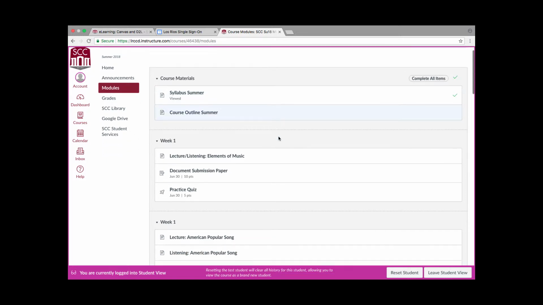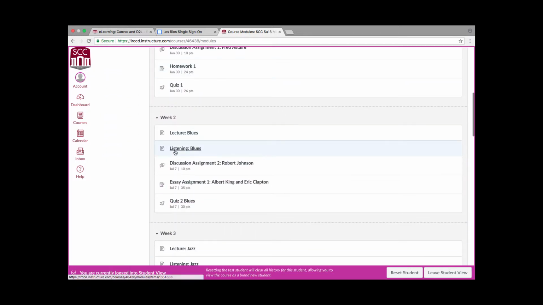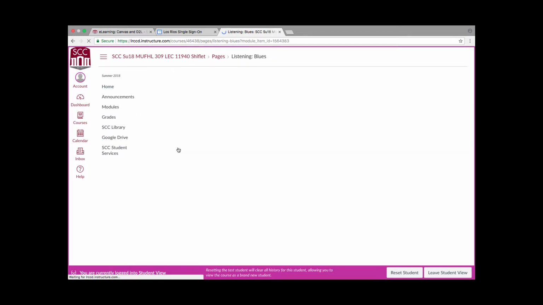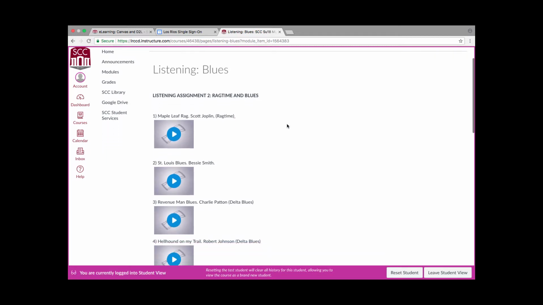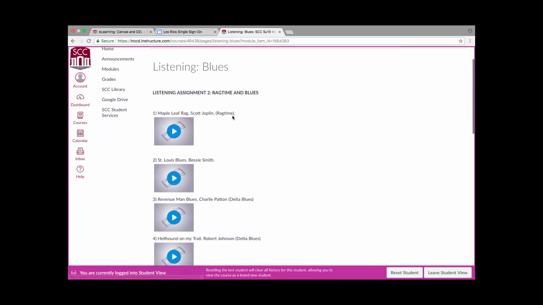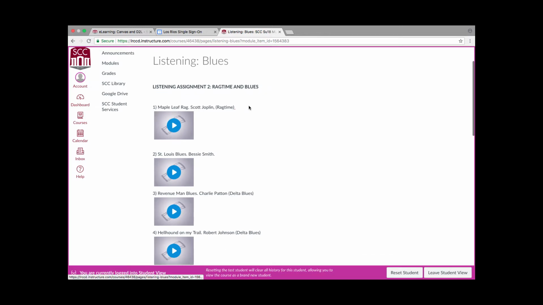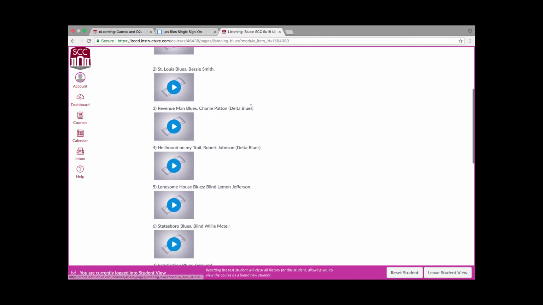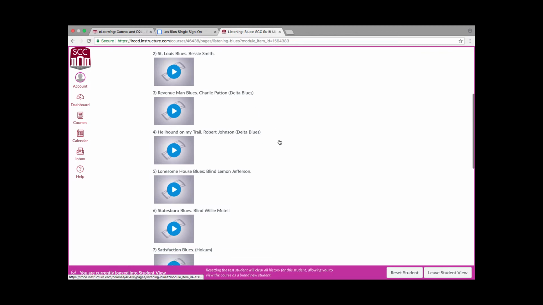We'll take a look at week 2's listening assignment, and we start off with ragtime, which really isn't the blues, but it's a style that we needed to discuss, so I throw that in at the beginning of the blues. And that's in chapter 3. They discuss ragtime. And, you go through different types of blues. Here's Delta blues,